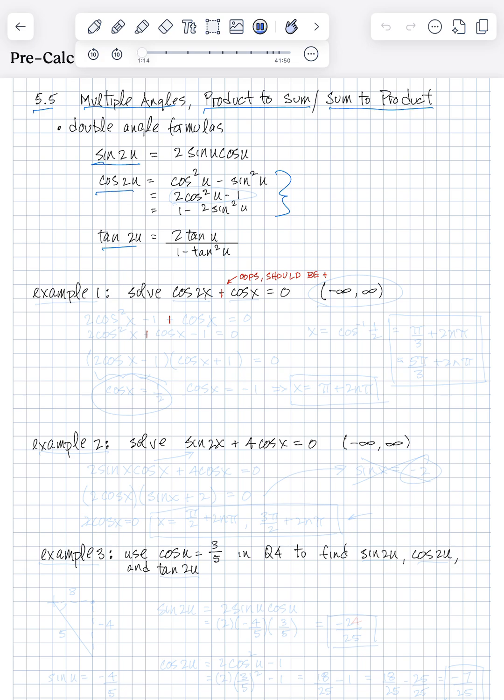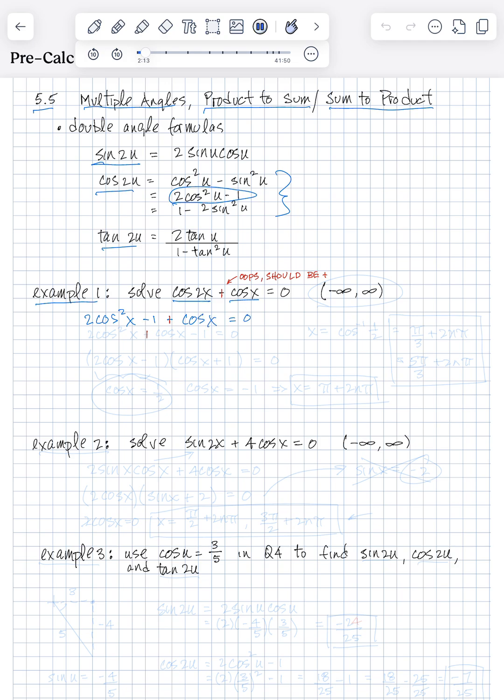Okay, so let's look at example 1. Solve cosine of 2x minus cosine x equals 0, and our interval is all real numbers. So here we have cosine of 2x, so we're going to write a double angle formula for that. And since we have a cosine in the problem, I'm going to pick the middle one for cosine of 2x. So I'm going to use this formula here. So the cosine of 2x becomes 2 cosine squared x minus 1. And then we have our minus cosine x